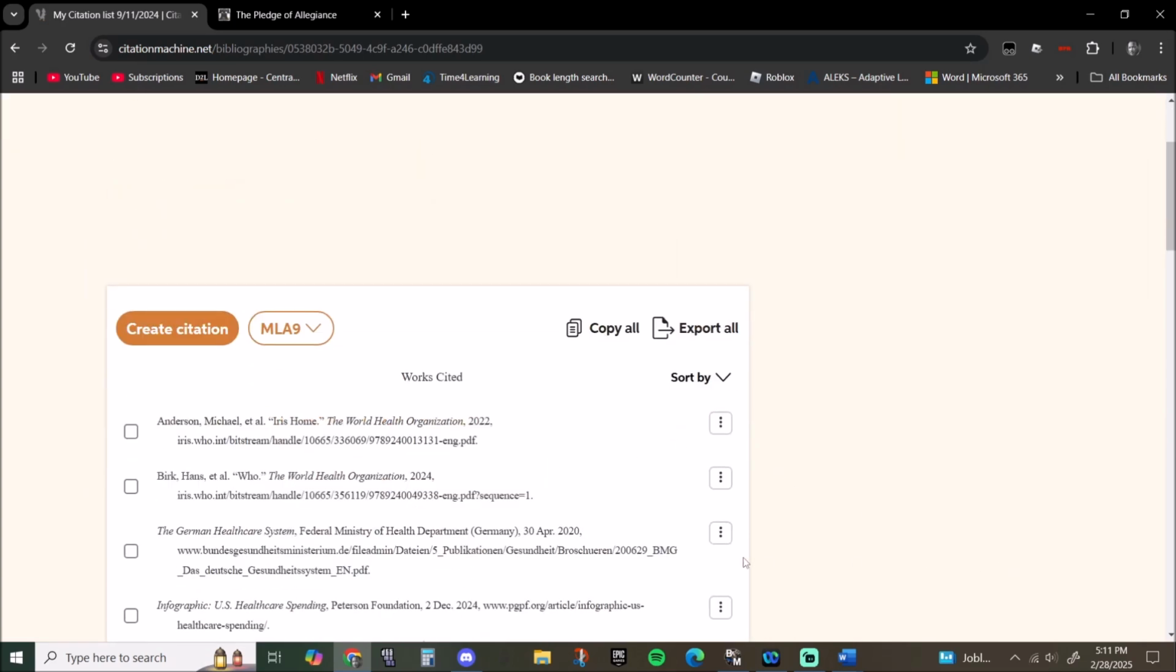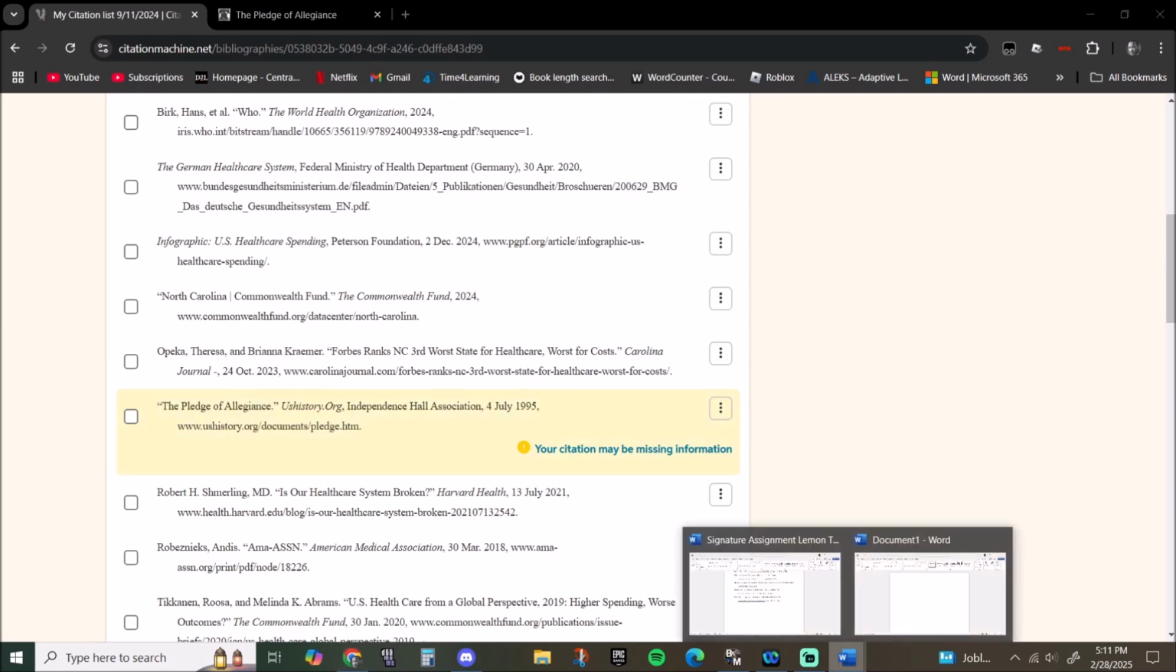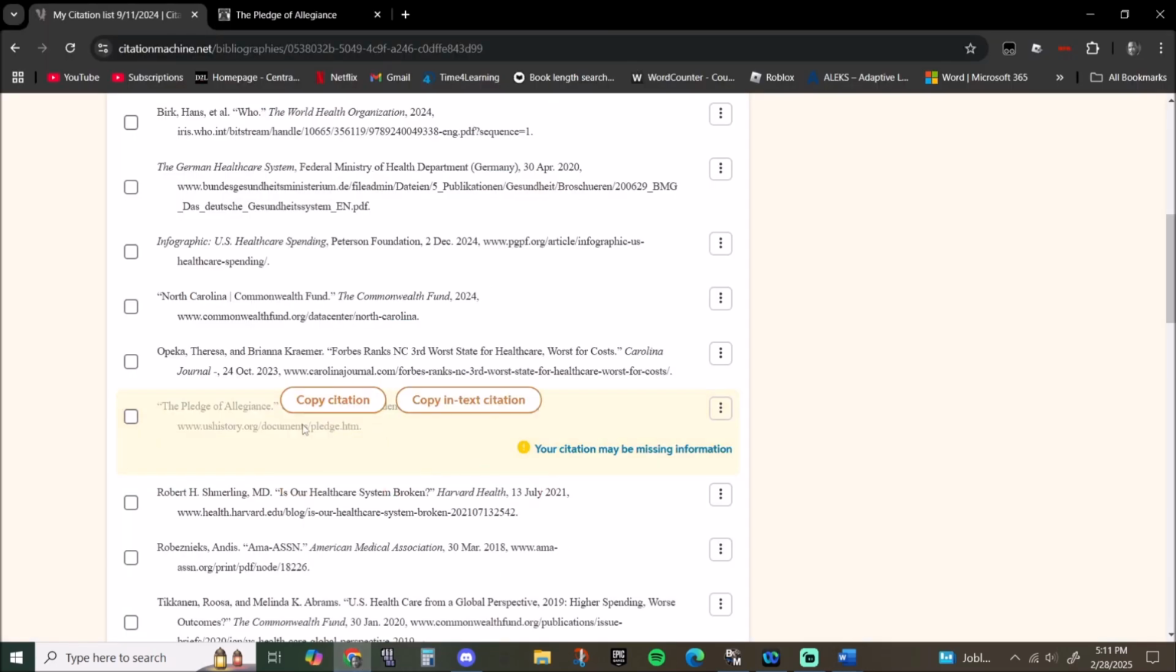Okay, after the ad ended, it went to the citation. It says it's missing some information. We need to go back and see what information. We have this information right here. So we're fine. English teachers just want you to get as much information as possible, and they don't really care if you're missing some information if you can't help it. So you just copy your citation,